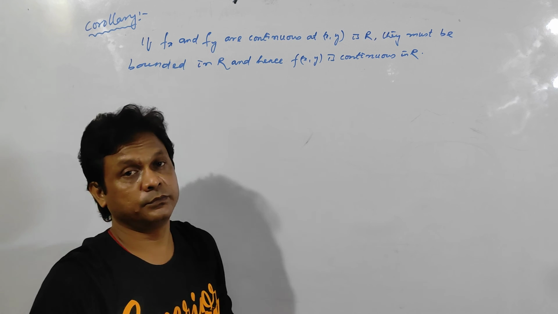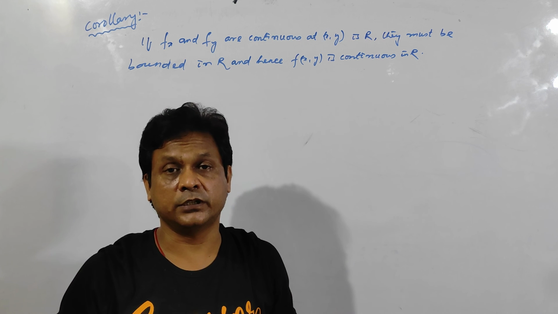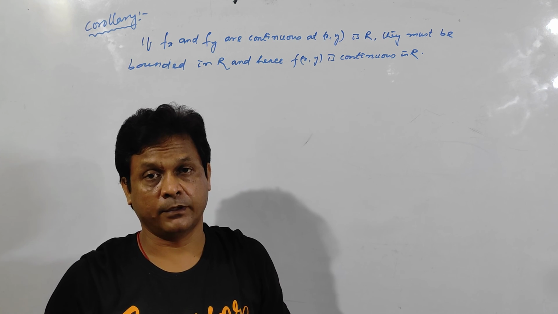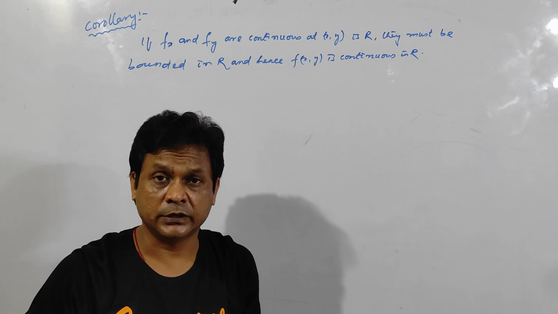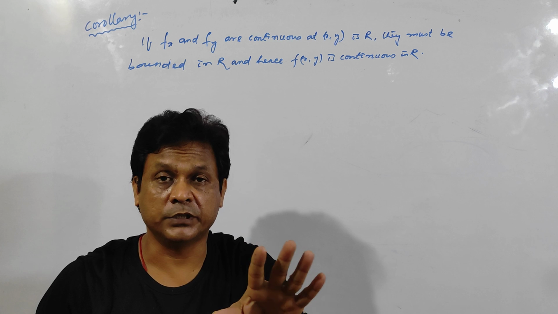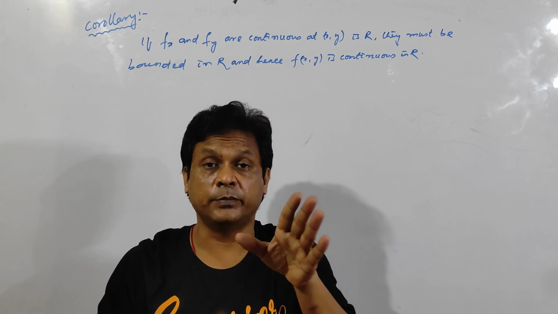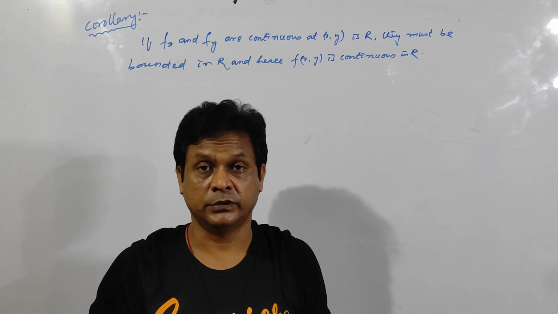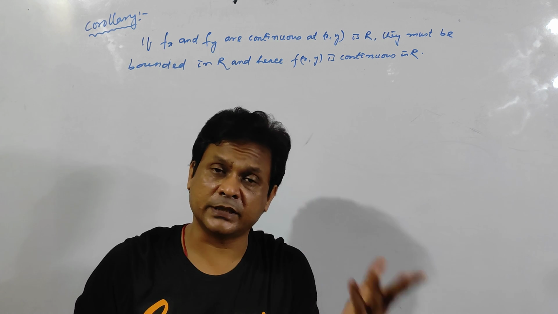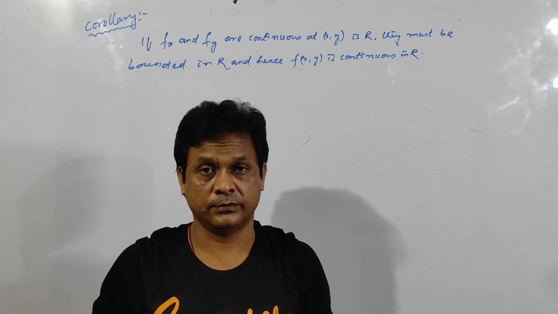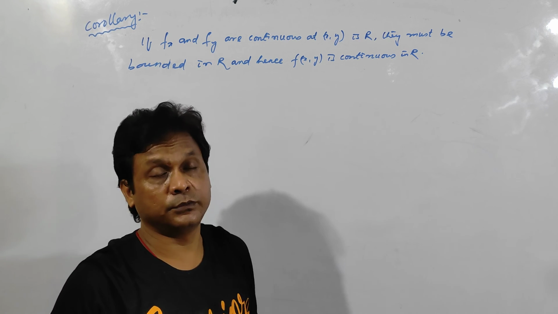Okay, so these are the theorems for sufficient condition of continuity. And from this it is clear that even if a function is not continuous, it may possess partial derivatives. It does not mean that if a function is continuous, then fx and fy will exist. No, that is not true. If a function is not continuous, then fx and fy may exist. Clear?